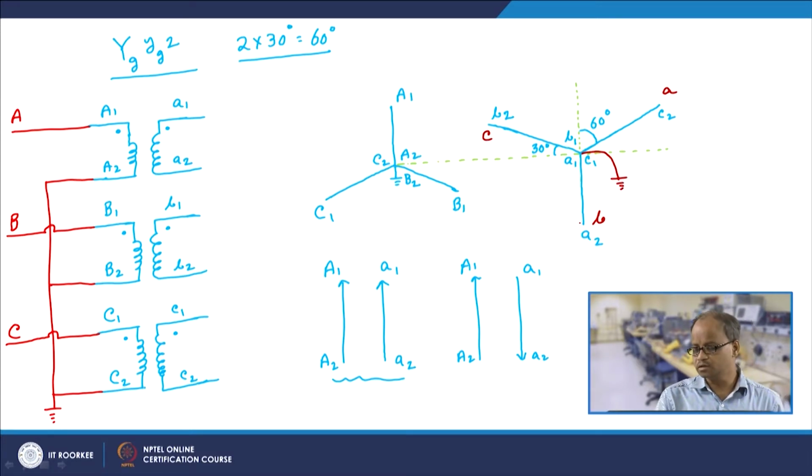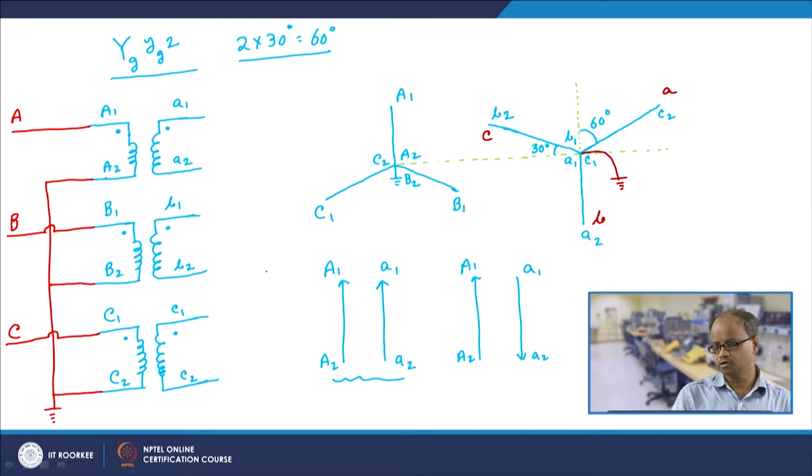So from this phasor diagram, what are we seeing? This phasor diagram tells me that if we wish to realize a transformer of this type of vector connection, we should connect A1, B1, C1 together and ground that shorted terminal. We should denote terminal C2 as phase A, terminal A2 as phase B, and terminal B2 as phase C, correct. If we do so, it would be a little more complicated.